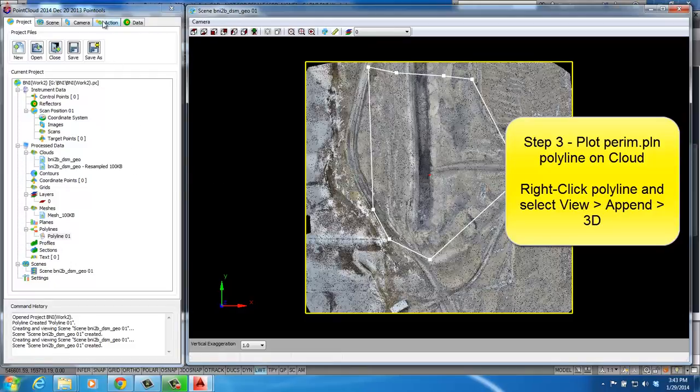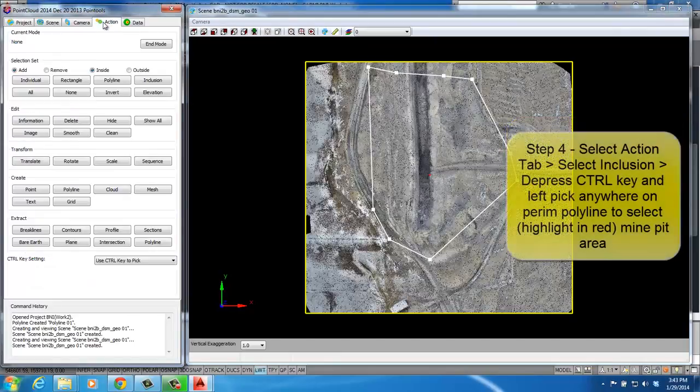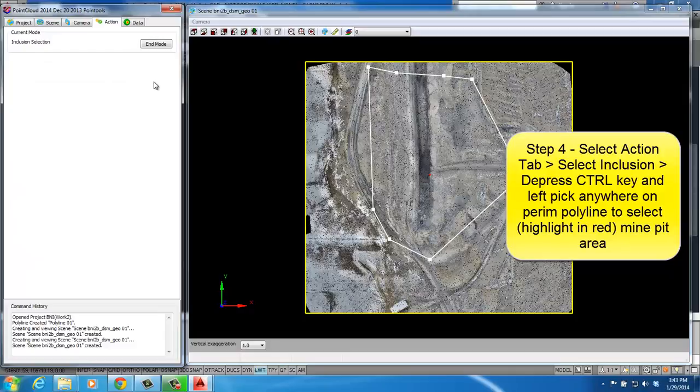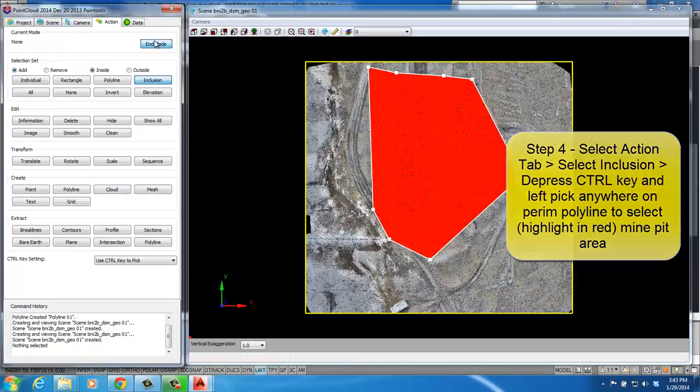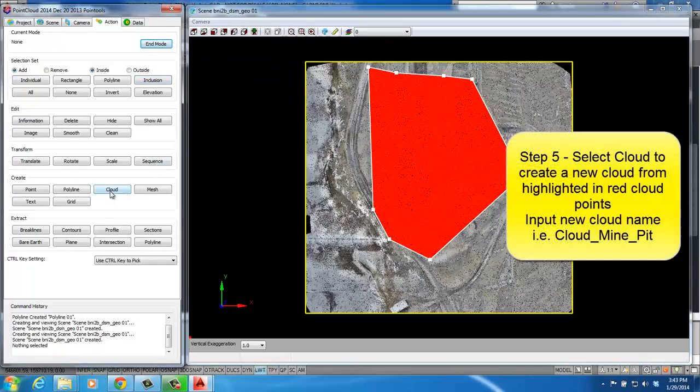Okay, at this point, I want to go to action and create a new inclusion. I want to use that polyline as an inclusion polyline and create a new cloud. So I pick this guy, and I move over here and it says select inclusion polyline, control click. So I come over here and I just pick right there. There. I had to pick it twice. Now that's in red. It's created that. I pick end mode, and now you come down here and you pick create cloud. I pick create cloud,